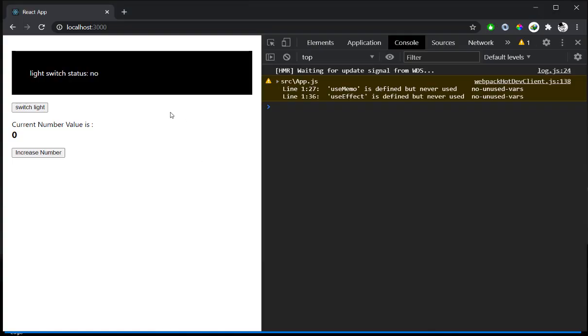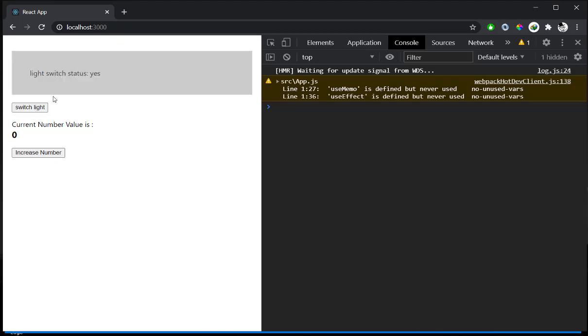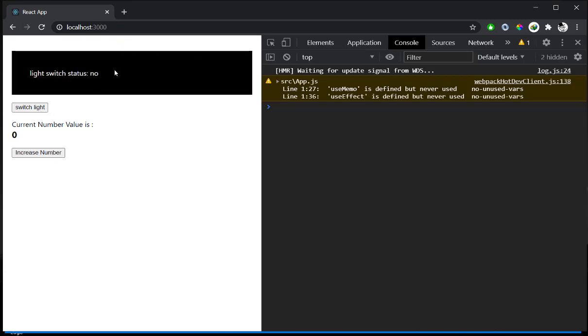What we have here is a simple application on which, if I click the switch light button, the paragraph element here will turn to white, and if we switch light again, it will turn to dark, which is simulating a switch bulb. Nothing fancy there. On the second paragraph, we have a number counter on which, if I click increase number, it's going to increase the initial state from 0. It's going to add 1, and we're going to utilize a function called